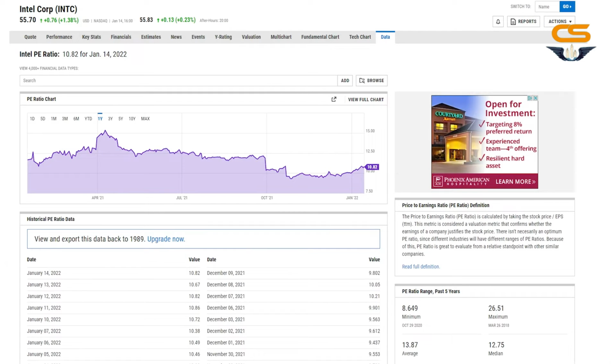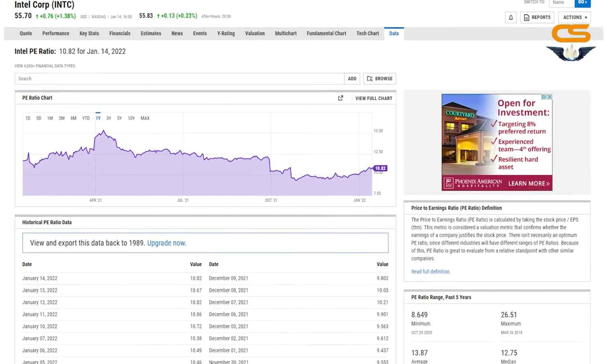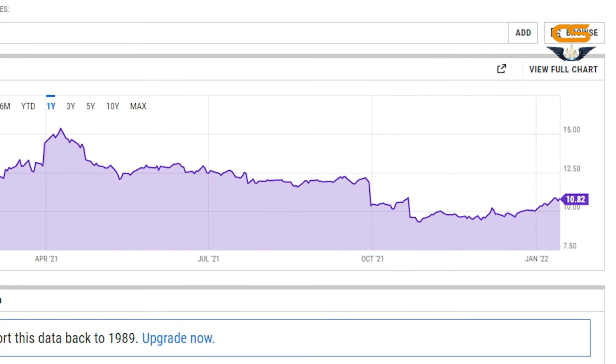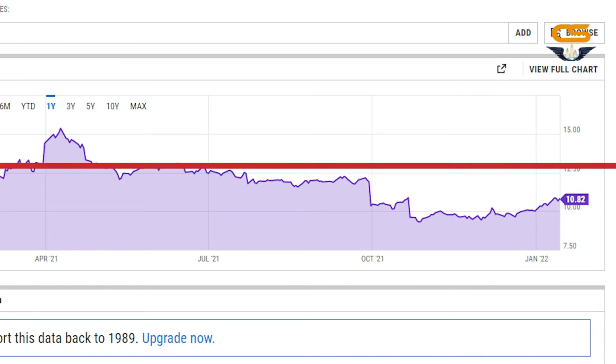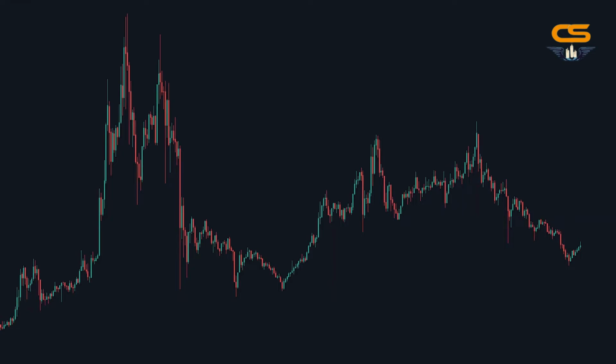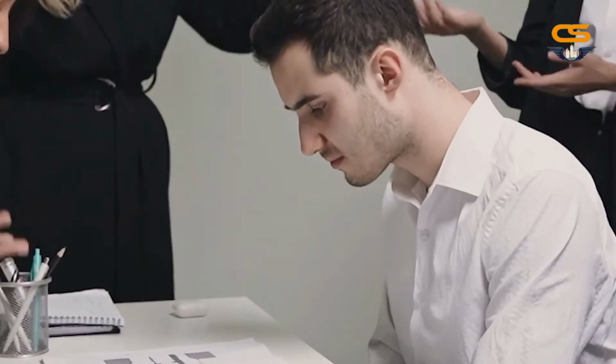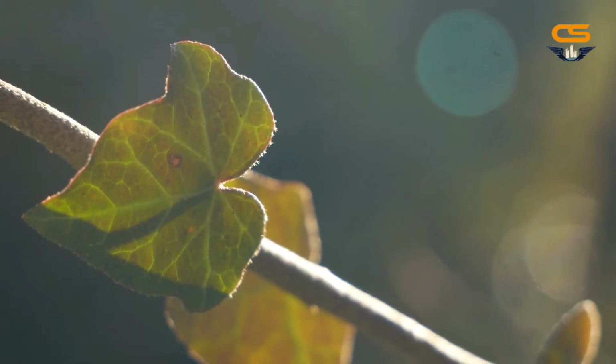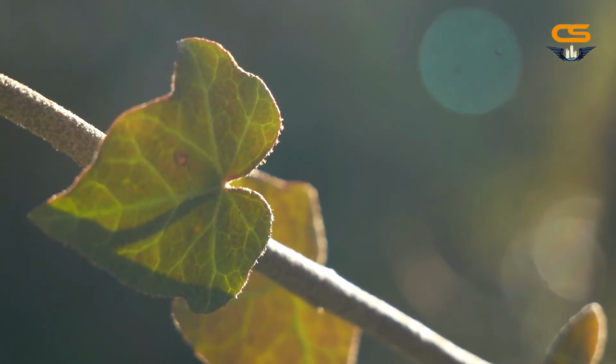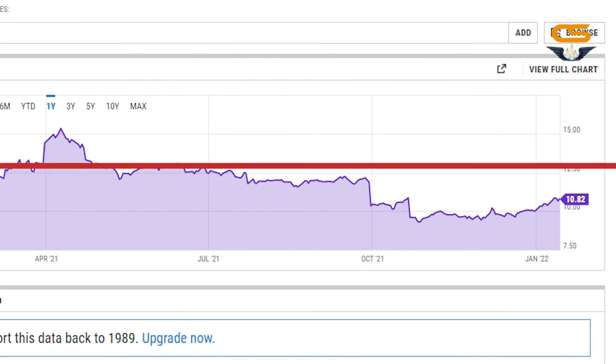Here, Intel's PE ratio is below the average, which may indicate a good time to buy because of mean reversion, meaning the PE ratio is expected to head back to its average. A lot of investors believe that short-term volatility to the PE ratio, whether that's a bad press release or something bad happening in the short term, will merely be a leaf in the wind and not have a huge effect in the grand scheme of things, resulting in heading back to its normal average,